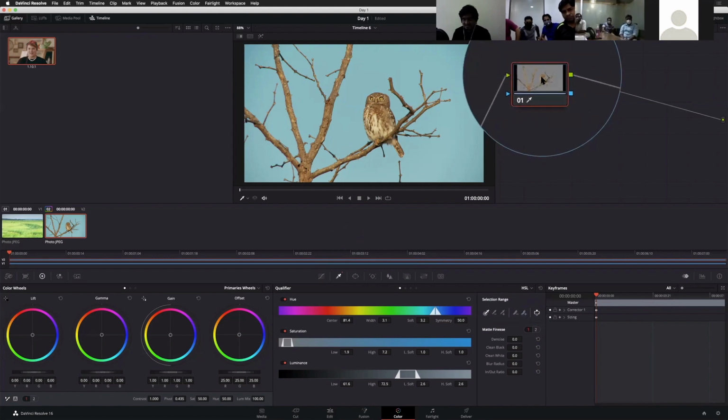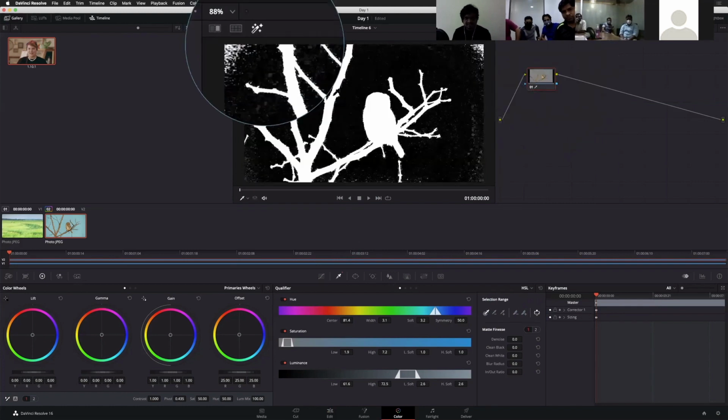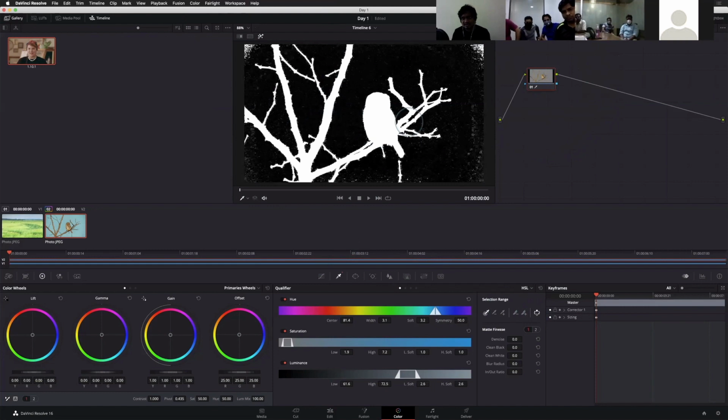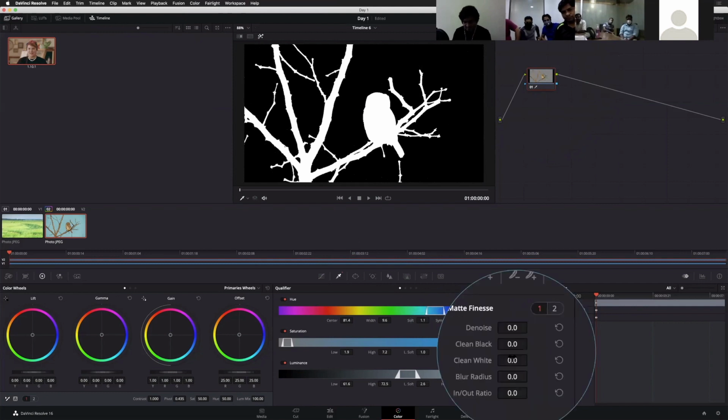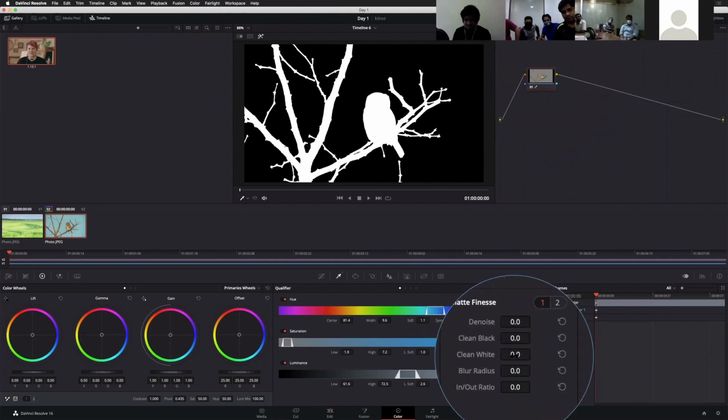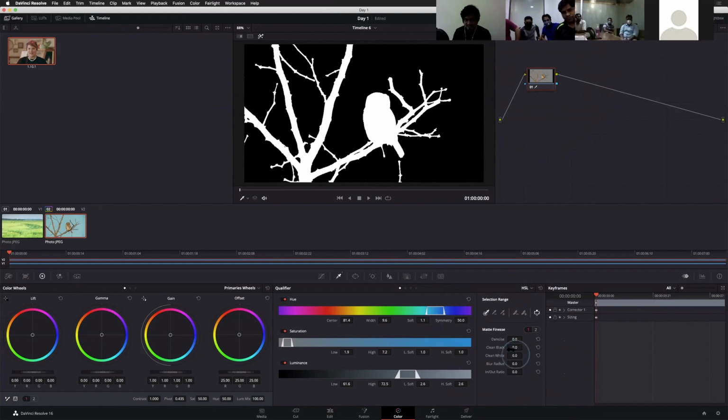Now we can see the inversion. Click the highlighter. We need to refine our matte portion. You can select the range, or increase the softness, or maybe we can use all these options, clean whites and clean black options, right?